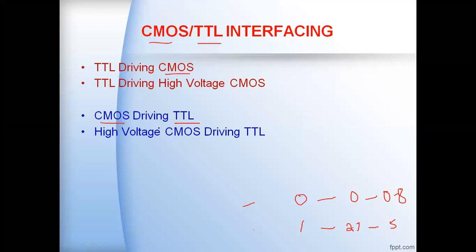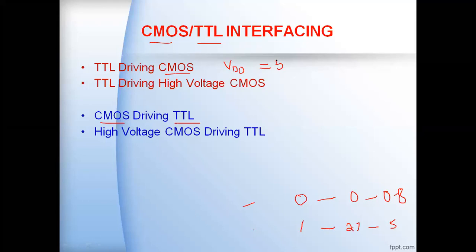And within that, in CMOS, we will find two types of devices. One is the lower or moderate voltage devices, which usually operate with VDD. The power supply to those devices, VDD, is 5 volts here.